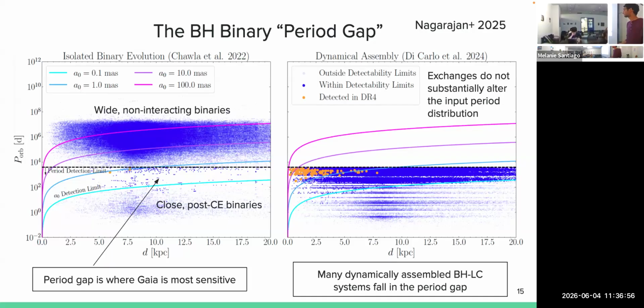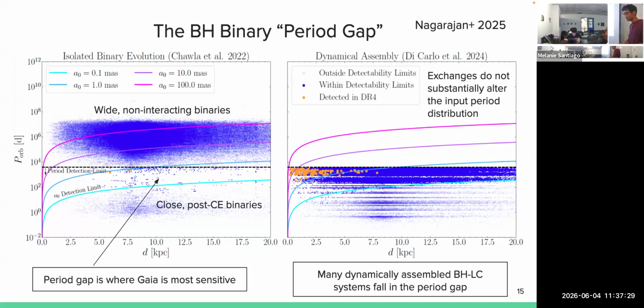Yeah. For the dynamical systems, why is there the hard cutoff? Yeah, good question. I was just about to point that out. So you see all these streaks, and this is because sometimes to save computation time, they take the binaries that they've simulated and basically duplicate them in the galaxy. So that's why you see these horizontal streaks. And the cutoff, which seems to align with the dashed line, is, so I've basically given an approximate period detection limit for DR4, that